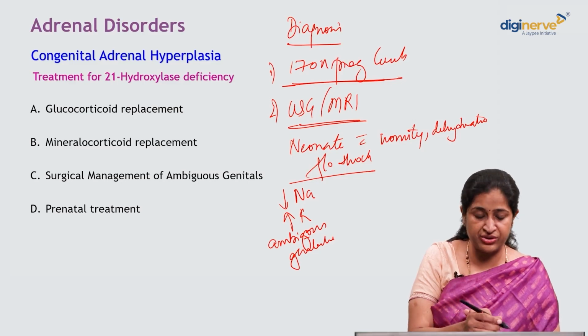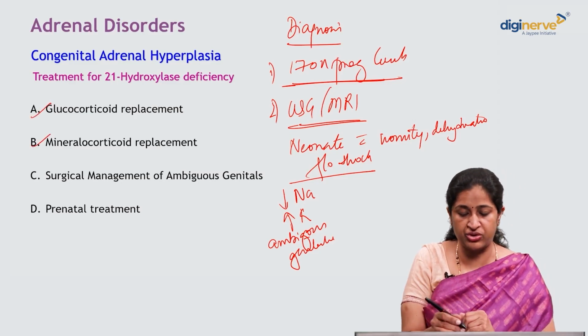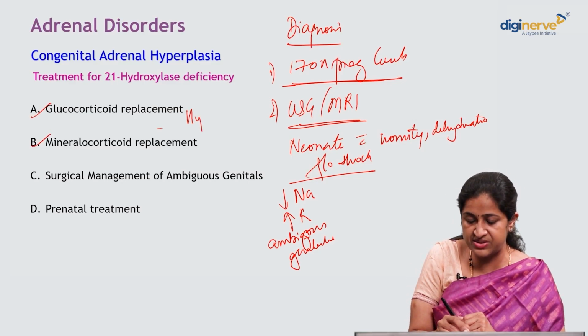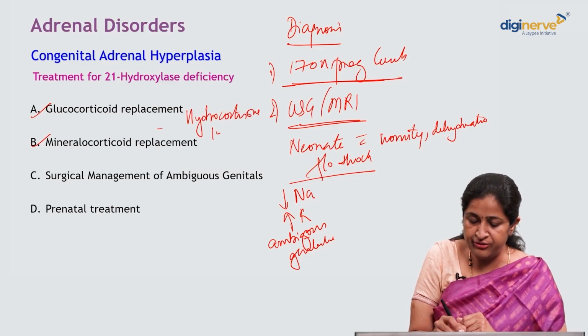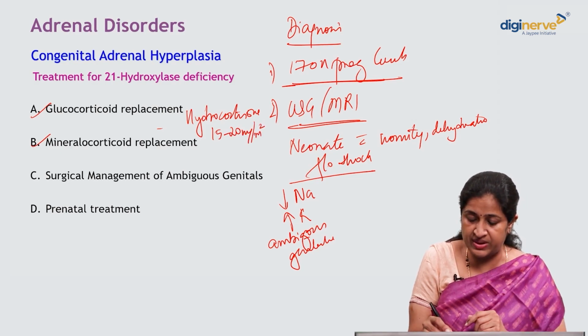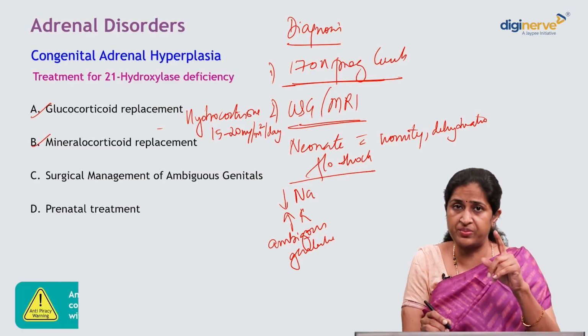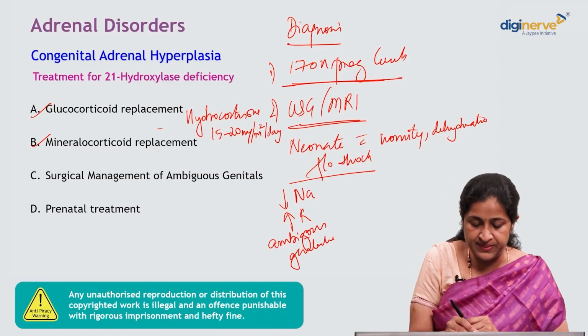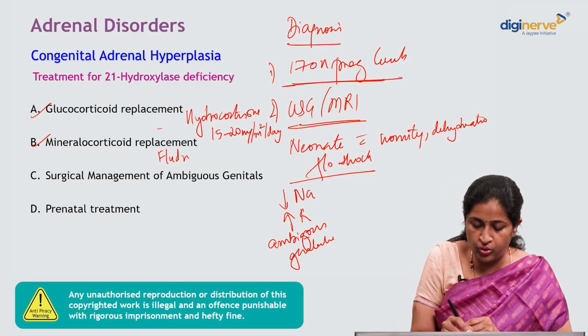Treatment is the replacement of the glucocorticoid and mineralocorticoid. Glucocorticoid replacement is with hydrocortisone, 15 to 20 mg per meter square per day. Remember, it is not per kg, per meter square per day. And the fludrocortisone